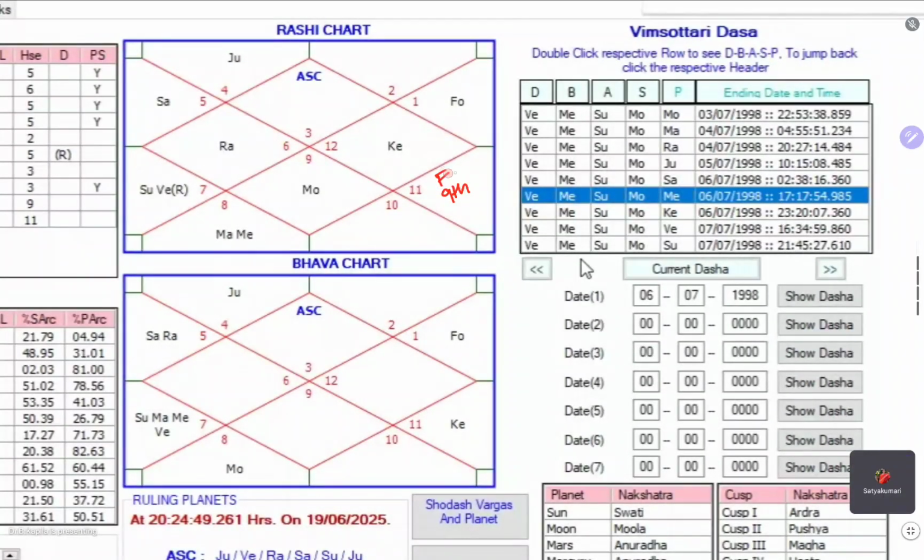The 4th house is the 8th house. The 10th house is the 2nd house. The 3rd house is the 7th house. The 8th house is the 12th house. And since here the 9th cusp rises in the sign of Aquarius,